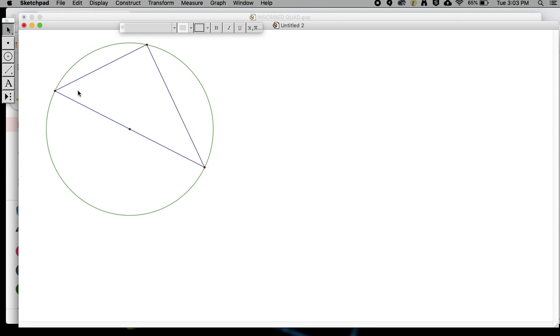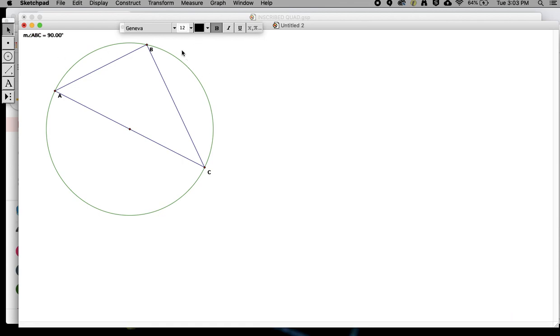Okay, so if I wanted to find the measure of this angle, clearly this is an inscribed angle because, again, it's formed by two chords, and it intercepts this arc. If I were to ask you, what is the measure of this arc, you should all tell me that it is 180 degrees, because it is. So here's what I'm going to show you: if I go ahead and measure this angle,